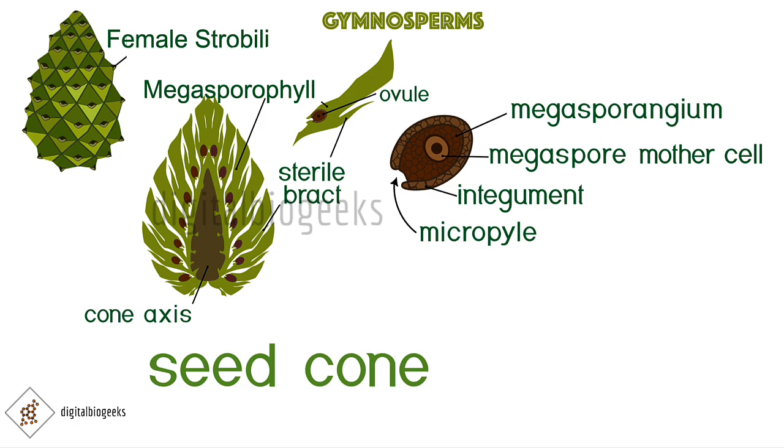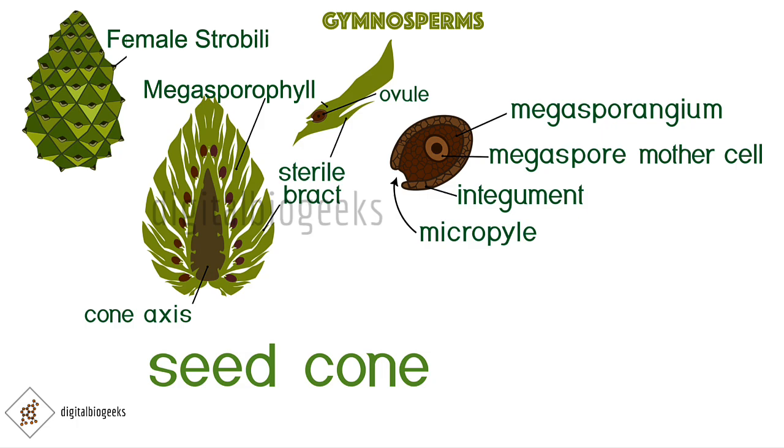And inside the ovule, megasporangium or nucellus is present. One of the cells of this megasporangium or nucellus becomes the megaspore mother cell. And this megaspore mother cell undergoes meiotic division like in the case of male strobili, and 4 haploid megaspores are